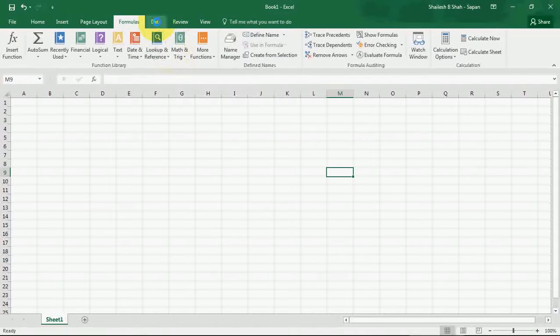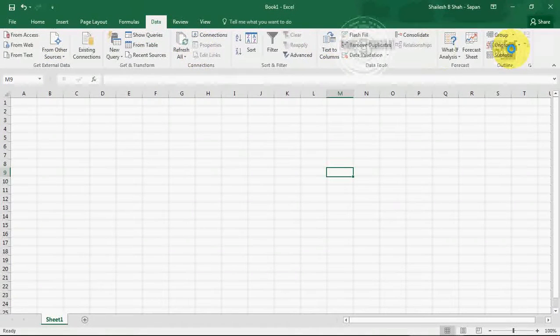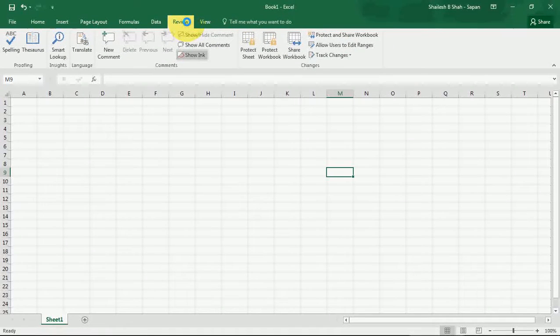Then if you check the Data tab, you will find all the data management related commands. Here you can check sorting commands, filtering commands, and data validation commands. If you want to check spelling and grammar, check proofing settings, or protect your workbook, then you can check the Review commands over here.